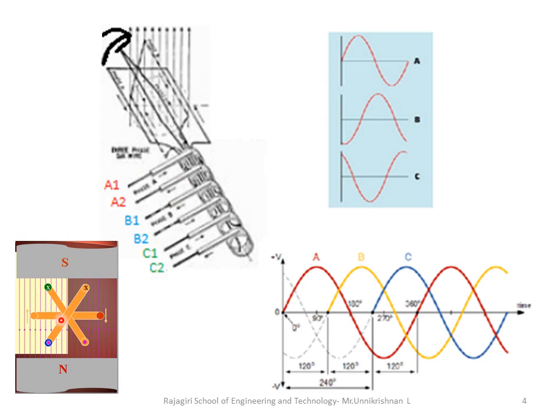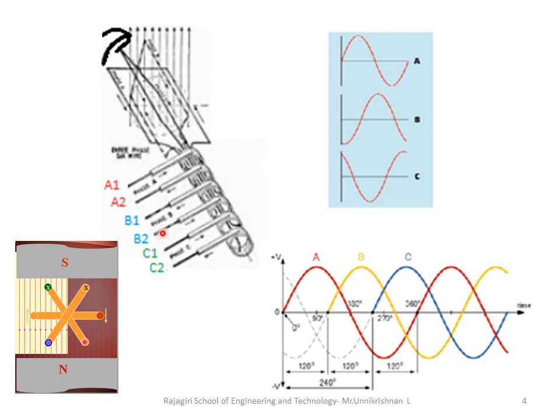So from this figure, the first coil will be coil A, which is shown using this red. So this point will be A1, this point will be A2. Now the next coil will be B1, B2. So this point will be B1 and this point will be B2. Now the third coil is coil C. So this point will be C2 and this point will be C1.